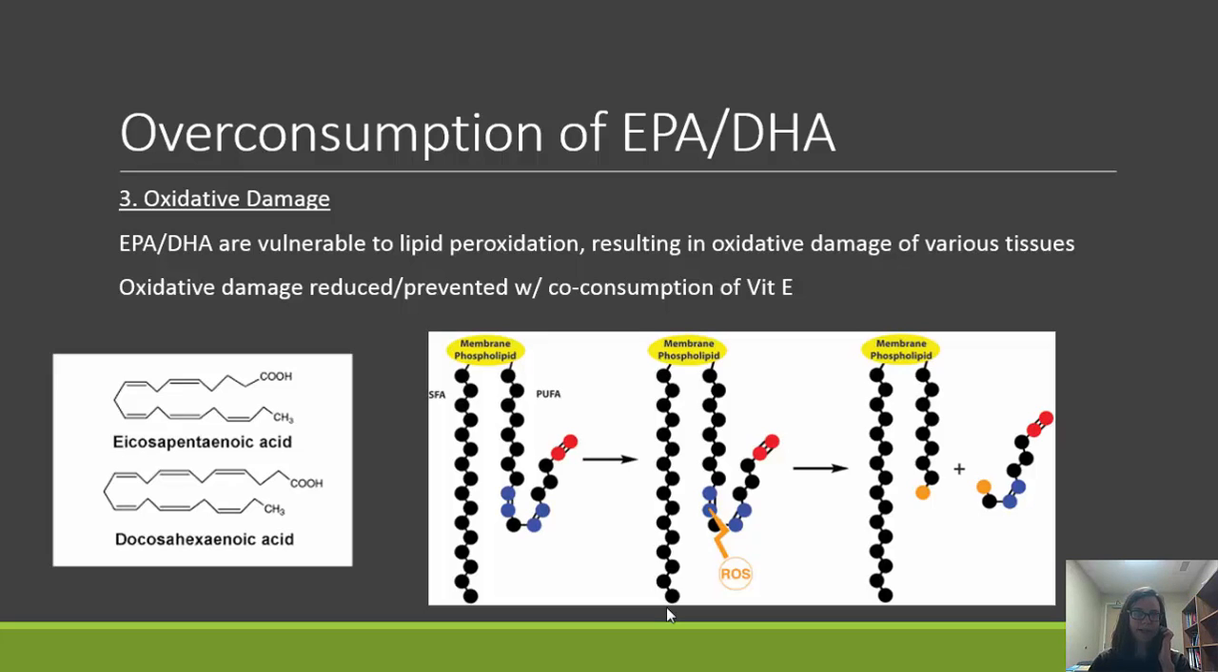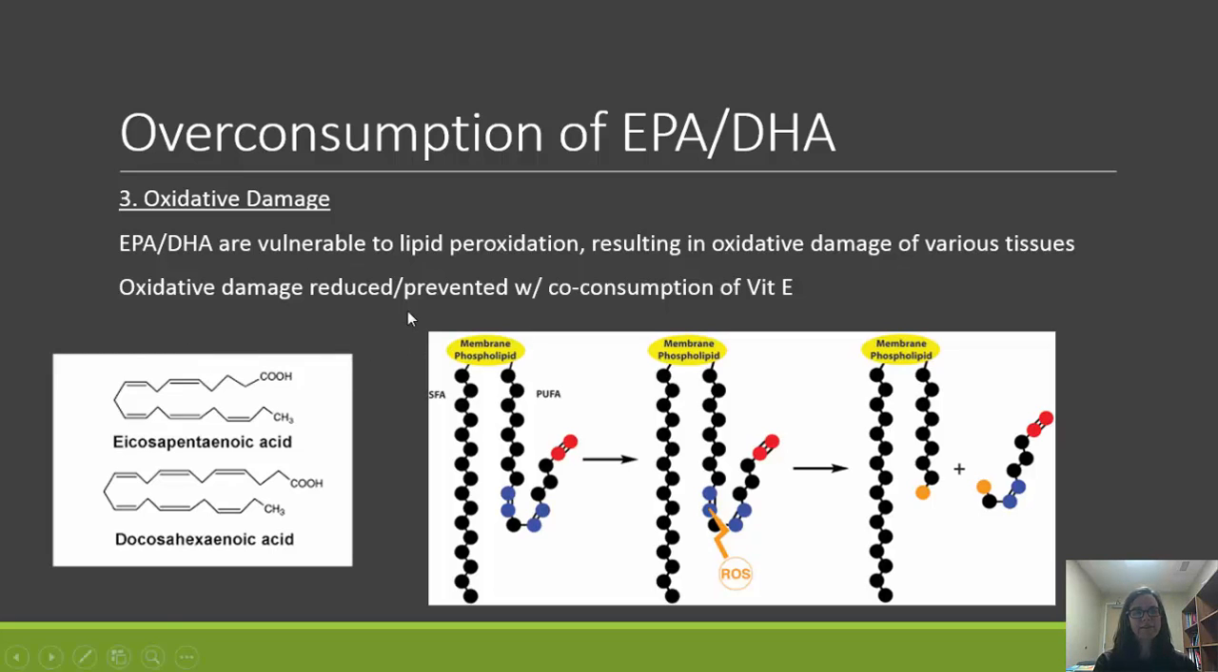And then our final negative impact of overconsumption of EPA and DHA could be oxidative damage, okay? Because EPA and DHA have double bonds, this is a lot of what is beneficial about EPA and DHA, but it also makes them vulnerable to peroxidation. So we have these double bonds here, okay? But if one of the double bonds breaks, basically, then we have these reactive oxygen species. So we have this unbound carbon here, and that reactive oxygen species